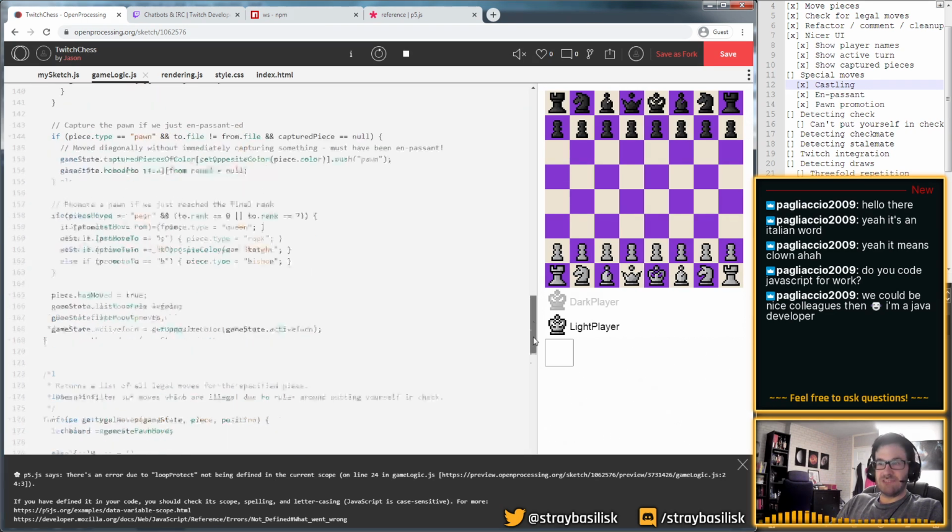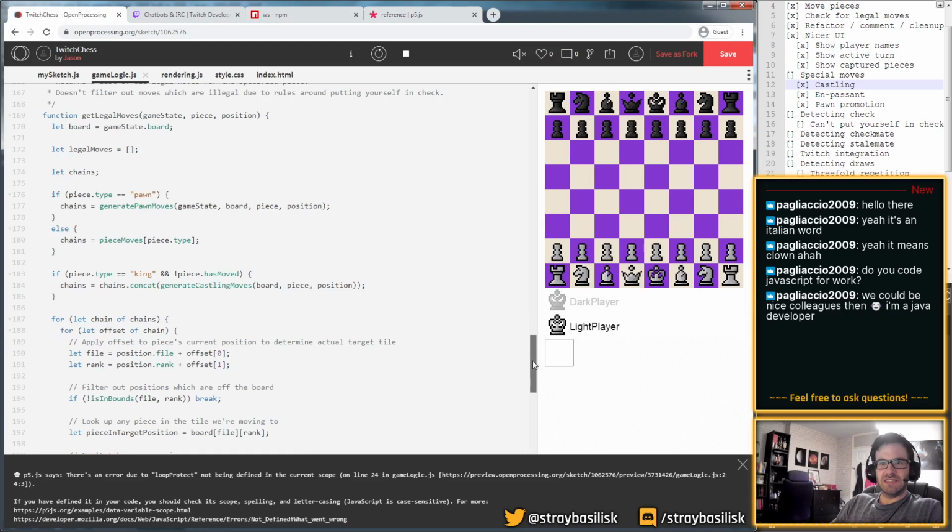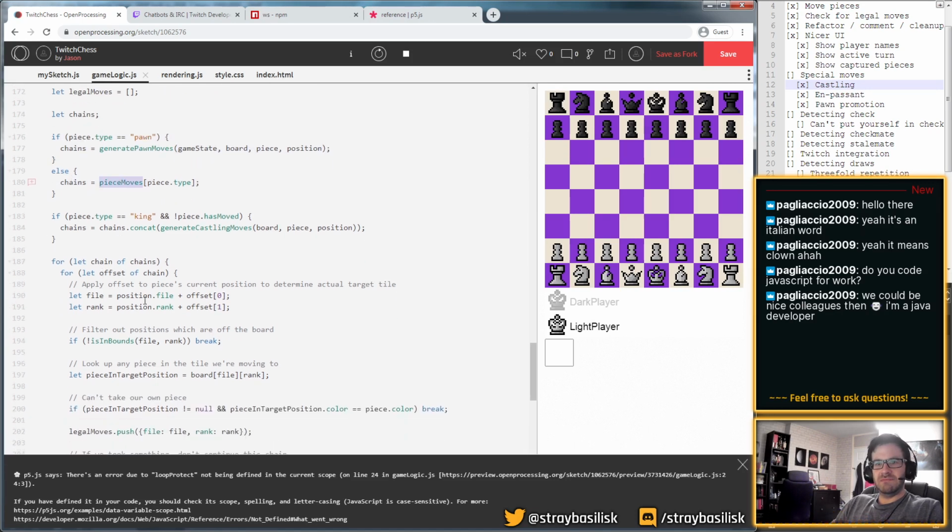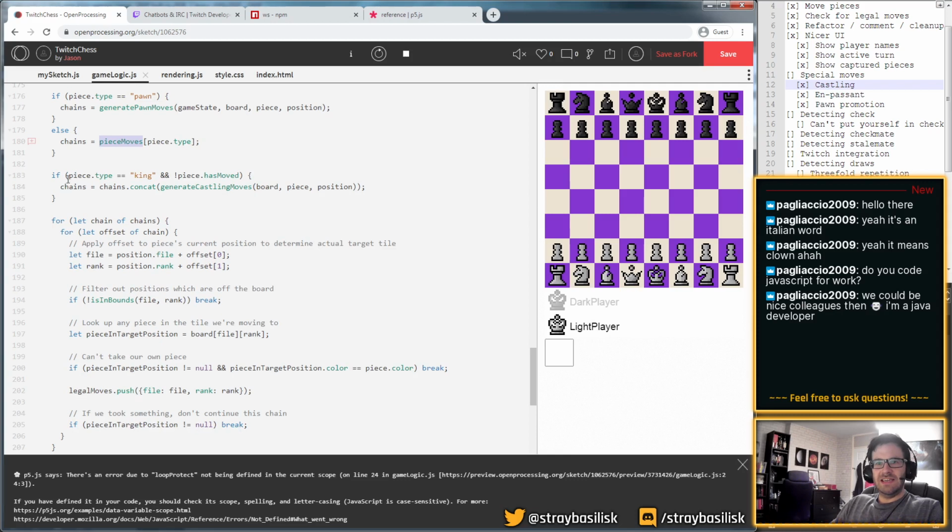And right now I do something really, really horrible, which is when I'm generating legal moves, what do I do here? If it's a pawn, then there's just some special case logic, because pawns are weird. Otherwise, I just use this data to do it in a generic way. If it's a king, then I take all of its generic, data-driven moves, and then I call this generate castling moves, which will check if it's allowed to castle, and if so, it will shove in. So normally this king might be able to move one square in either direction, but if we're in a situation where it can castle, it can move two squares, so we'll just add that to the list.